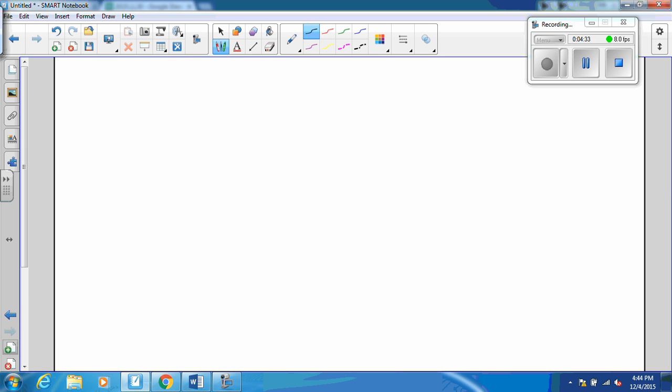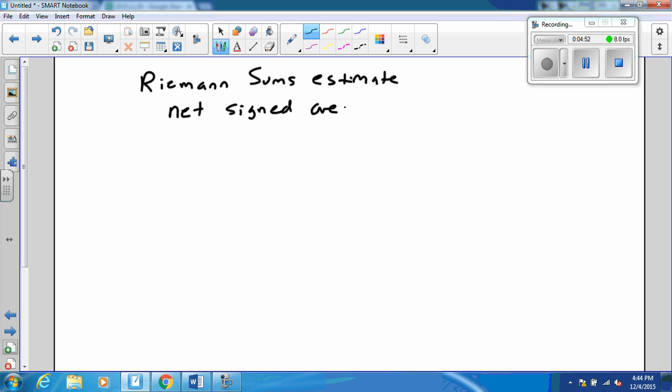Well, having established the summation formulas, I'd like to go back to what we talked about today in class. Today we used Riemann sums to estimate what we call net signed area under the curve. And we understand that under the curve really means